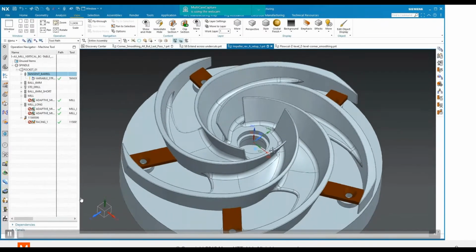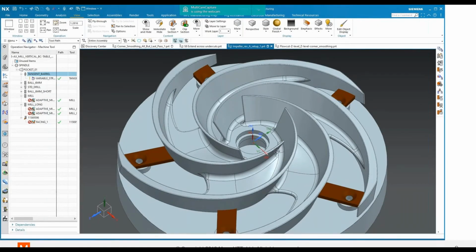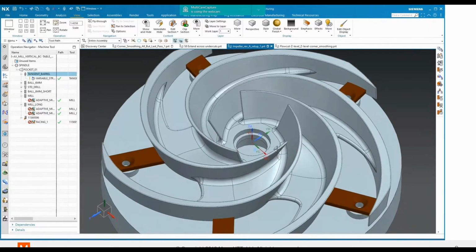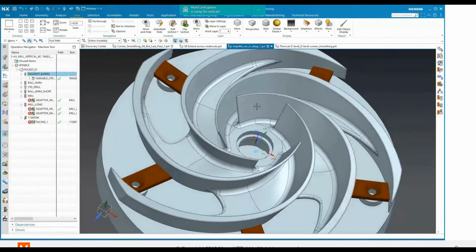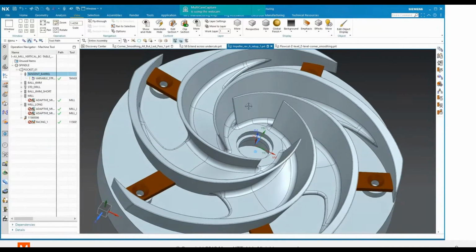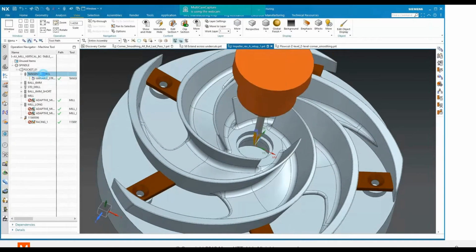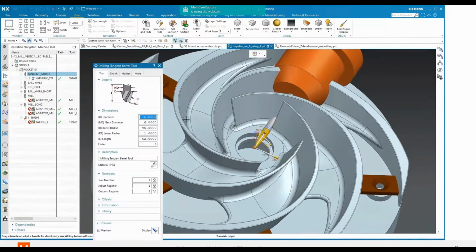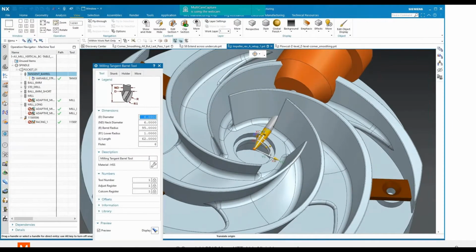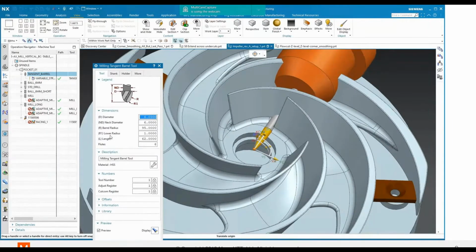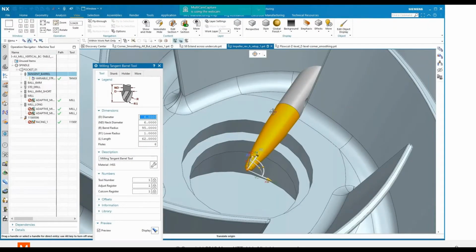To demonstrate the benefits of these circle segment or tangent barrel tools in NX, I'm using a model of an impeller, and I need to finish machine one of these faces here. Let's look at the geometry of the tool itself and how it's set up. You'll find that the entries from the tooling catalogs map nicely to the way we've defined the tools in NX. And you can certainly see the curvature here.